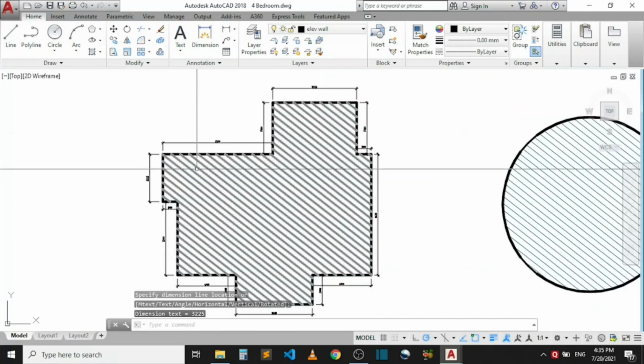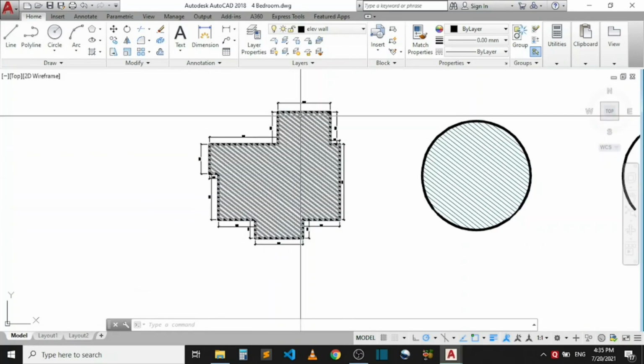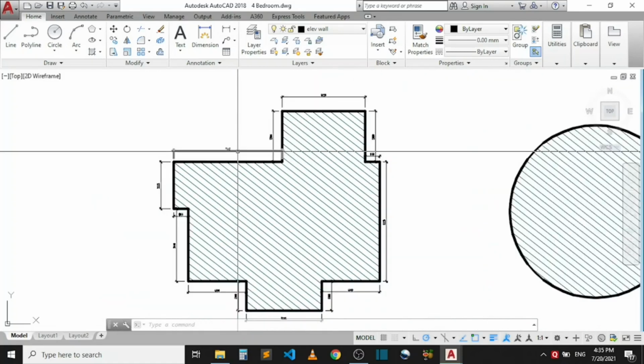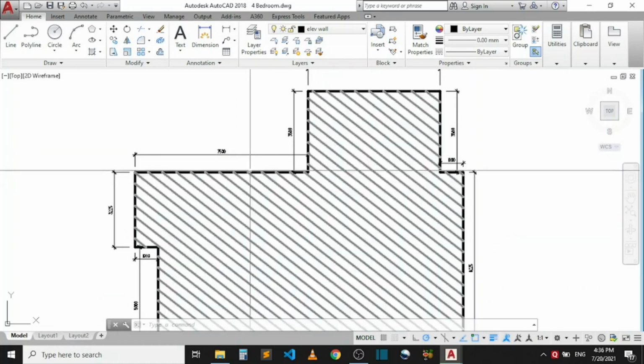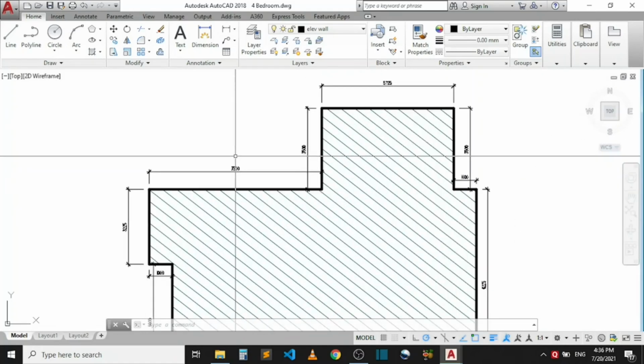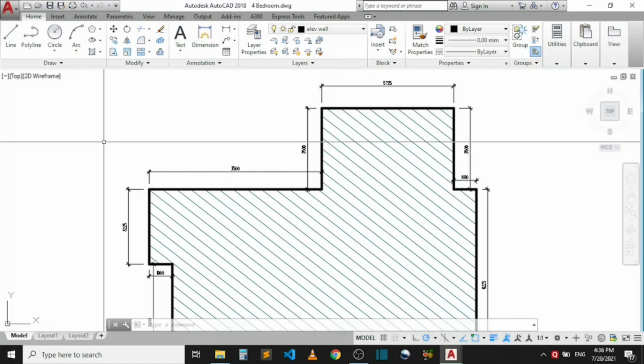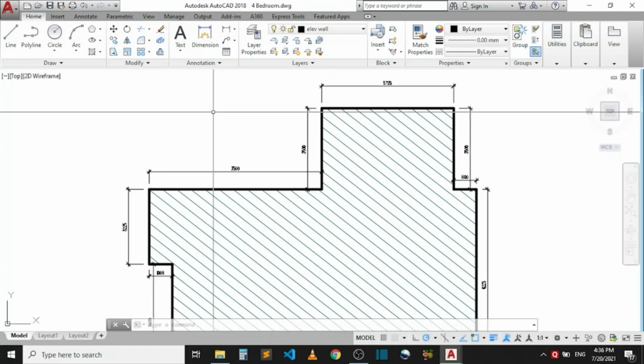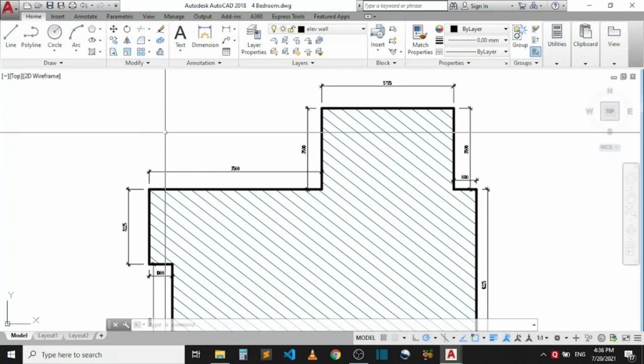Okay. So you can see that I've dimensioned the whole of this shape using the linear form of dimension. Alright, that's how to dimension in AutoCAD. It's as easy as that. It's a rule of thumb. Just know that if you pick the dimension command, there are 3 things you need to do. Click on the first point, click on the last point, then the third thing is you move away and click at a reasonable distance to place the dimension. So it's as easy as that.